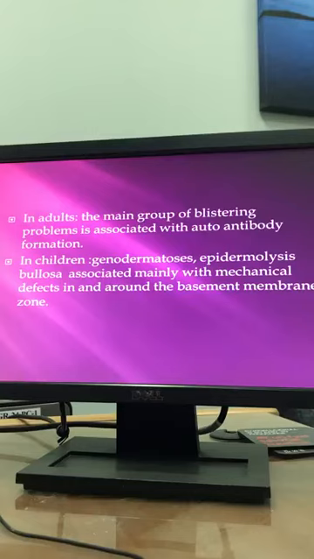So if you are called into the neonatal unit of a newly born baby who has